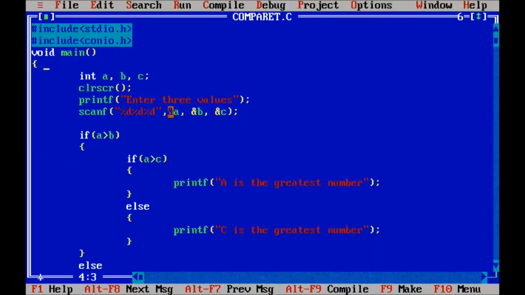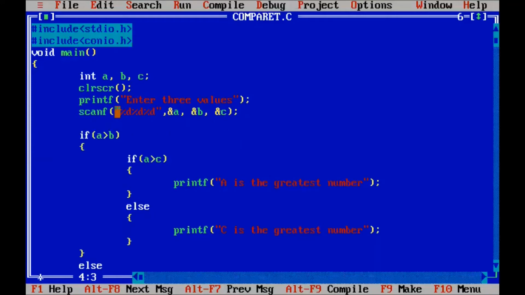The ampersand should be used because when we call a, the a value is retrieved from the particular address in memory where a is stored. This is the logic to use the ampersand with variables in the scanf function.